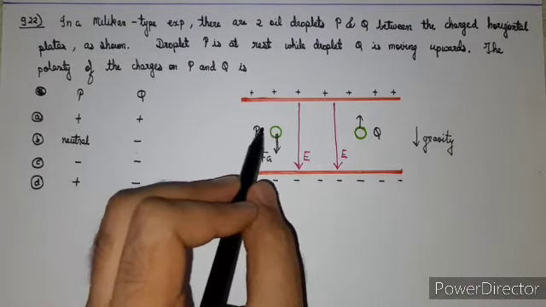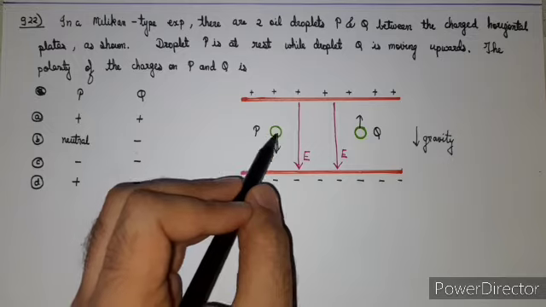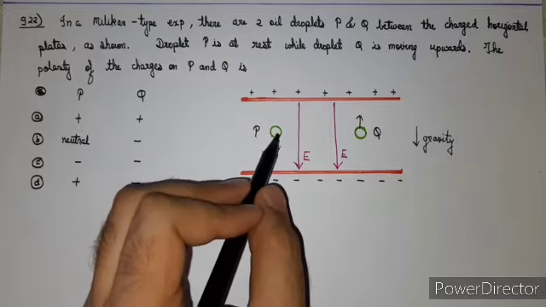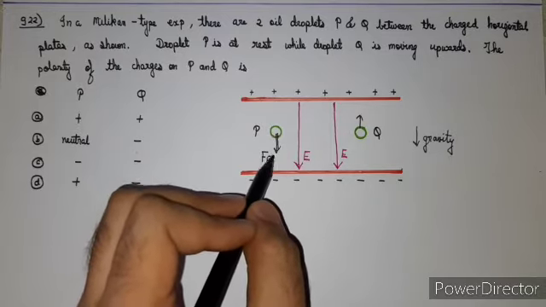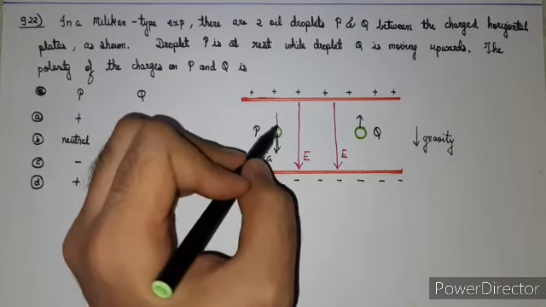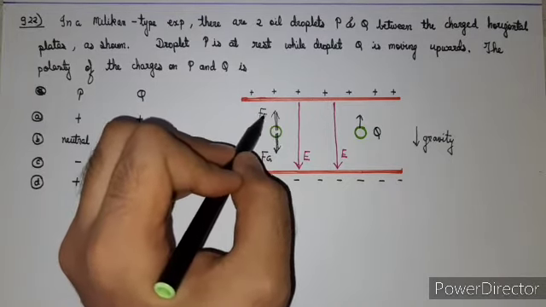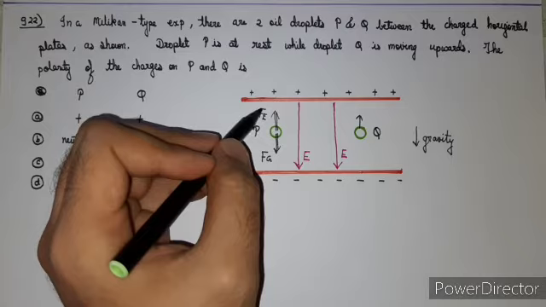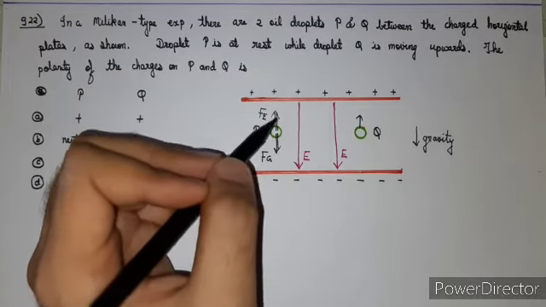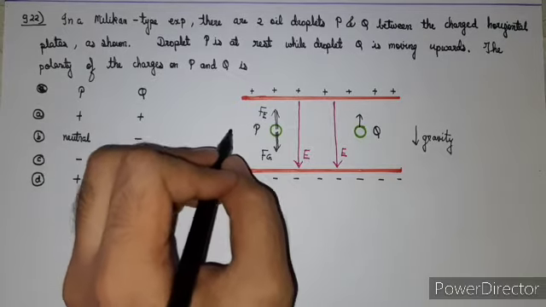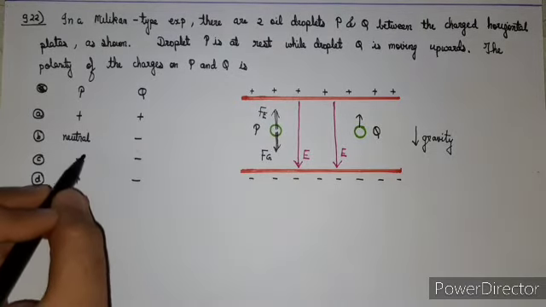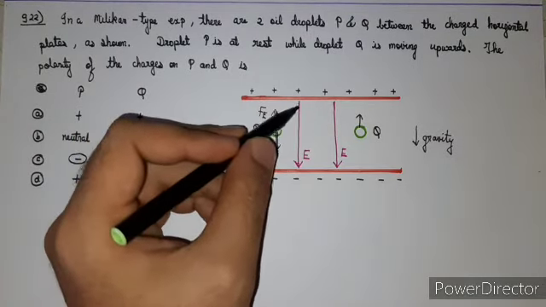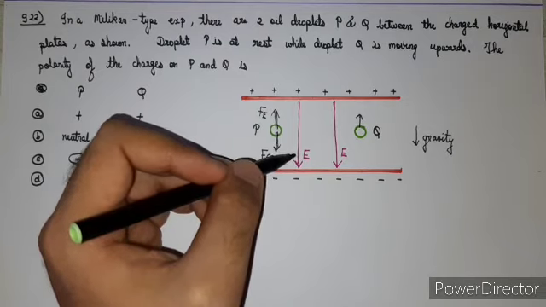Let us now discuss the case for particle P. The first force acting on particle P will be the force of gravity, which acts vertically downwards. But since it is given that this particle is at rest, there should be some force balancing the force of gravity. So the electrostatic force acting in this case should be in the vertically upward direction. Since the electric field is pointing vertically downwards and we need the electrostatic force vertically upward, the charge on particle P should be negative. So we can say with confirmation that particle P is negatively charged, since the electrostatic force acting on it is opposite to the direction of the electric field.